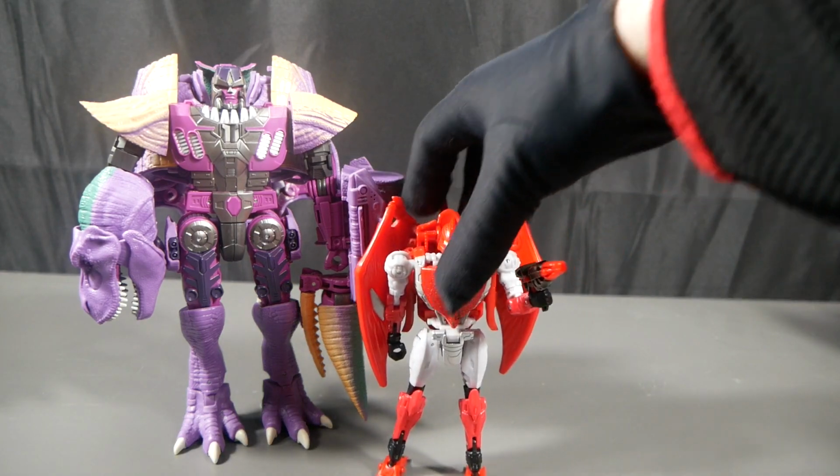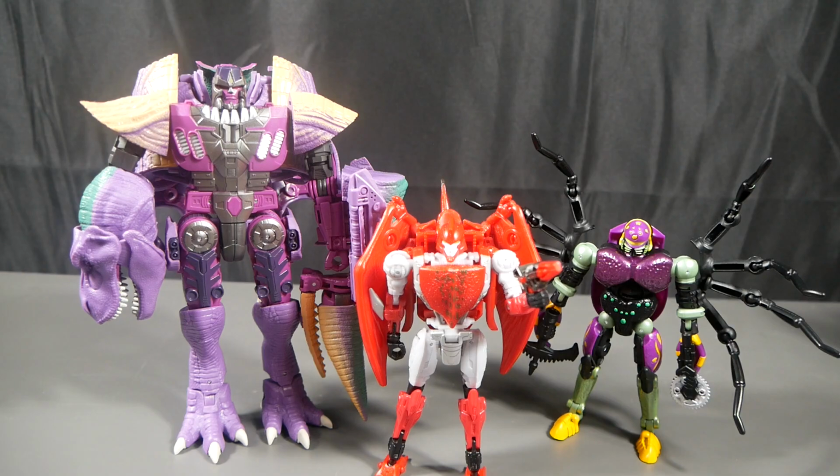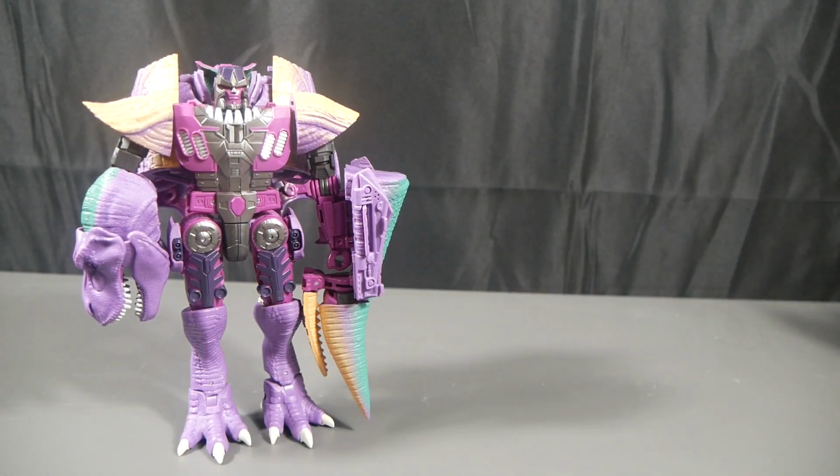Next up here he is with Pterosaur and Tarantulas, who I also have with me. And that kind of does it for the size comparison, because I don't really have anyone else with me. But this is them for size comparison. So let's move them out of the way so we can get into